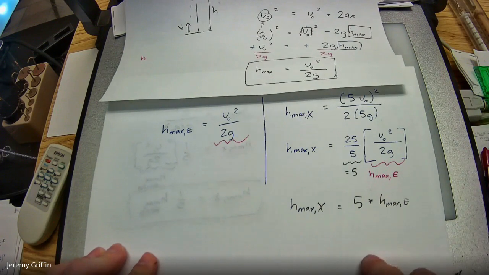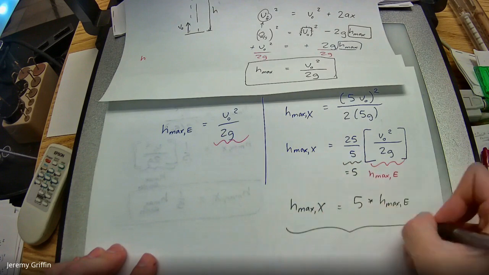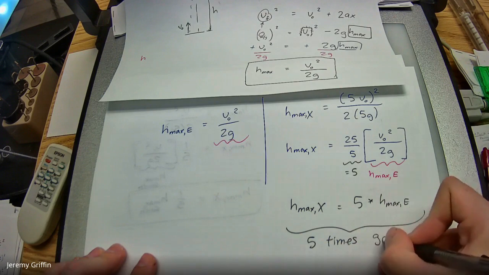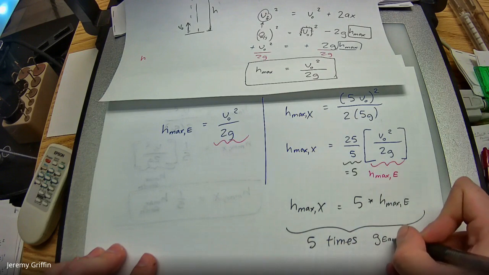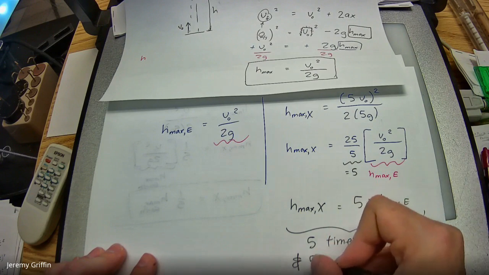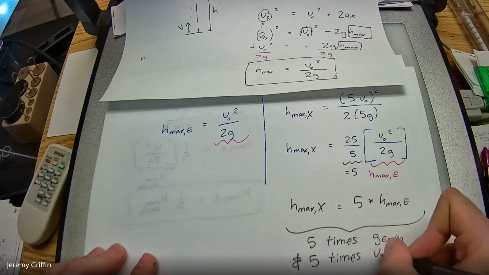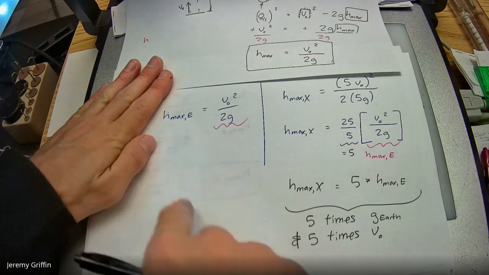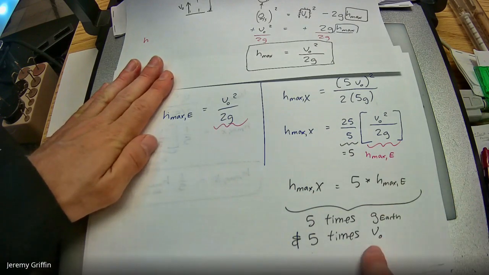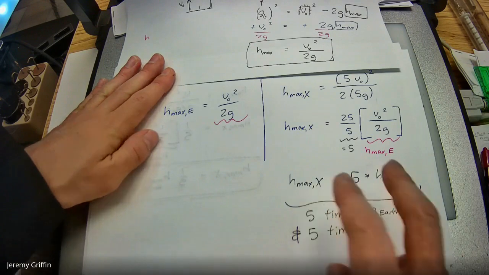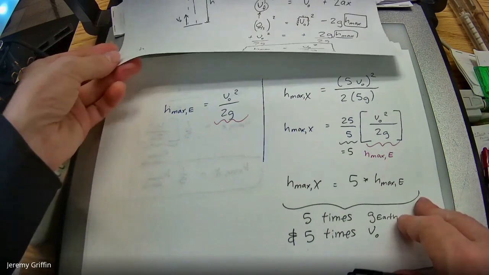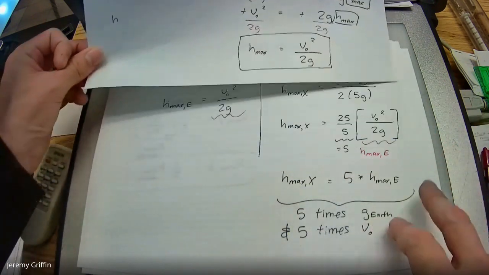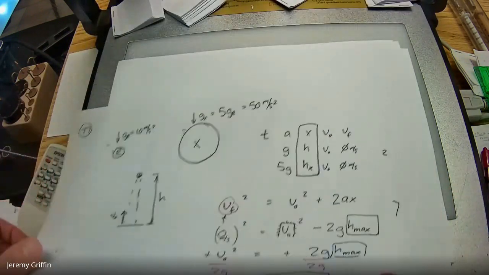That was for the scenario of 5 times Earth gravity, but also 5 times the throwing speed. So if you're on Earth, you throw it up at some speed, it's going to go to some height. You're on this new planet with 5 times gravity, you throw it up 5 times as fast, it actually ends up going 5 times as high. So throwing up faster actually makes more of a difference than the increase in gravity, because it's being squared. Guys get it? Yeah, so that's the problem in terms of variables.